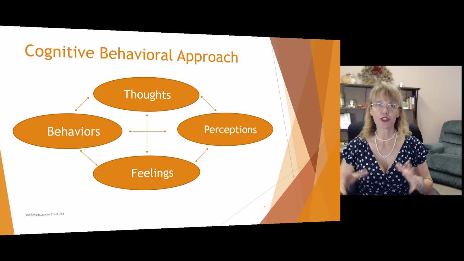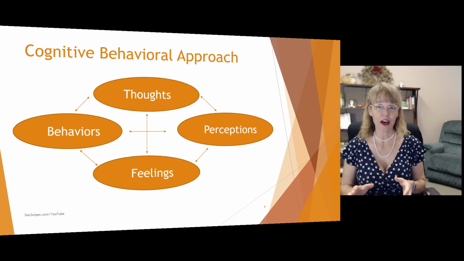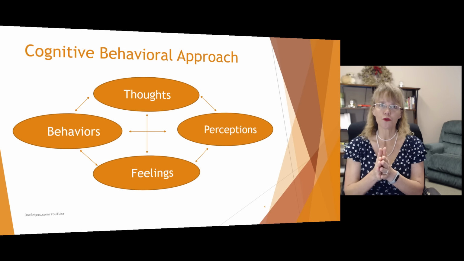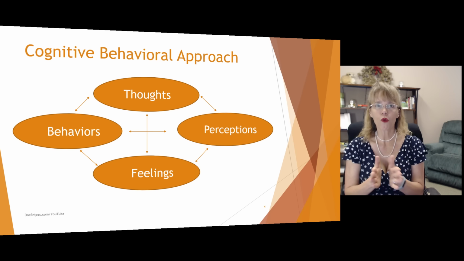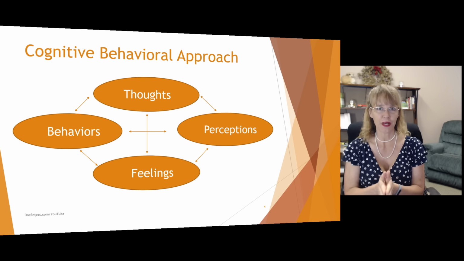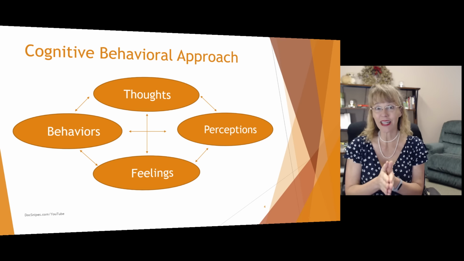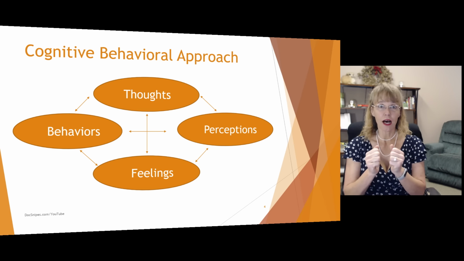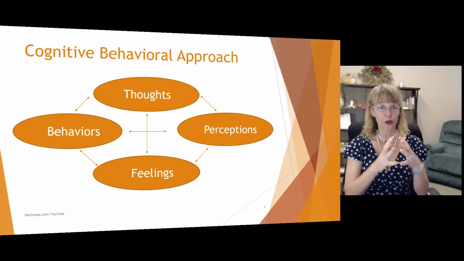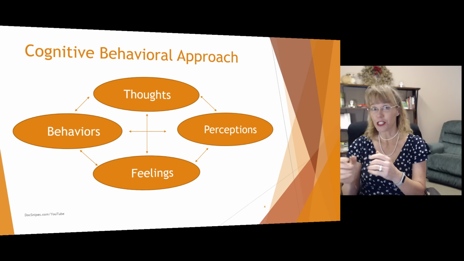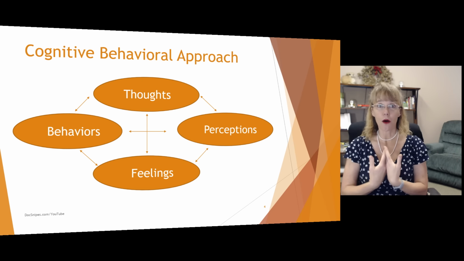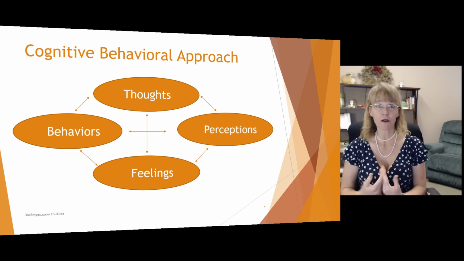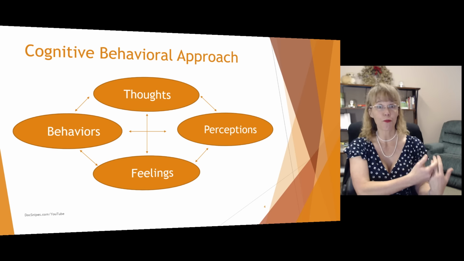I'm not going to go into super detail with that because there are plenty of other videos on cognitive behavioral theory. But it's important to have a general understanding of it when we start talking about abandonment anxiety, because abandonment anxiety incorporates both thoughts about abandonment, perceptions of people and the world, and our feelings about others and about ourselves, which results in behaviors.